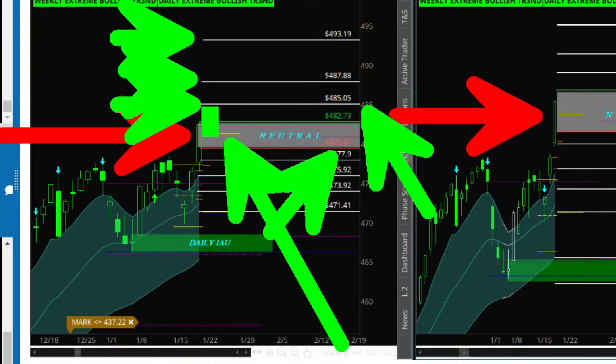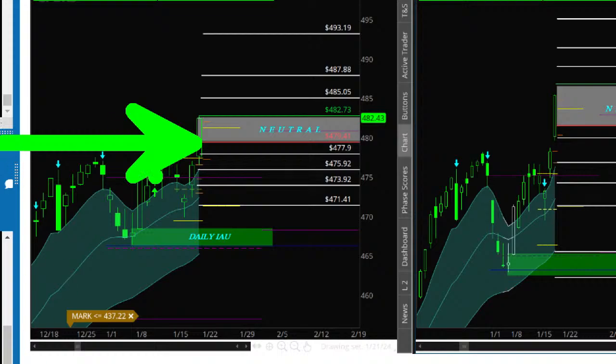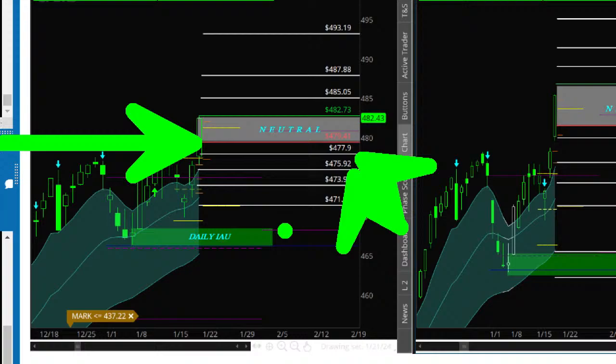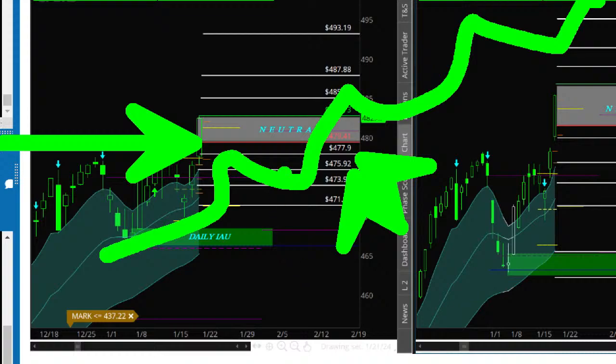For some reason, I get an alert that we break down below this red line here. Then if I want to go short, I want to set my alerts at these, and again, I want to cover that short at those targets. All levels to the upside are resistance until proven otherwise. All levels to the downside are support until proven otherwise. Overall, this is an uptrend, so I want to be looking at buying the dips until those clouds break or those demand zones break. And we'll be talking about the different imbalances that we find on the lower time frames in a few minutes.